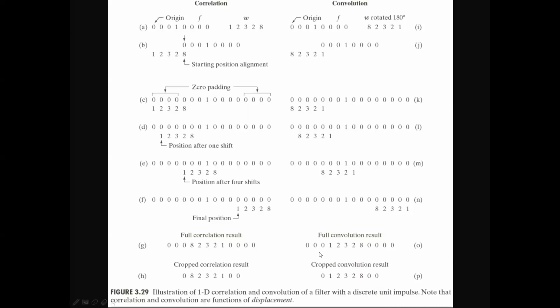Why am I saying last 2 zeros and first 2 zeros? If you remove the last 2 zeros and the first 2 zeros, the length of the remaining pixels will be equal to the length of our original signal. The original signal has a total of 8 pixels, so we need to make this cropped result 8 pixels.